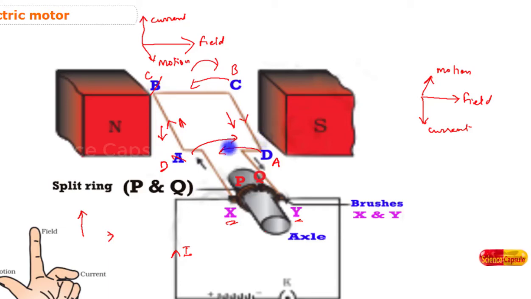By applying Fleming's left hand rule, you can now see very well that the arm which was pointed towards the left hand side earlier was pushed downward, so now in place of BA it is CD, so the CD arm will be pushed downward, and the arm that was CD becomes BA, so the BA will be pushed upward. So once again half rotation takes place. This way the motor keeps on rotating continuously.